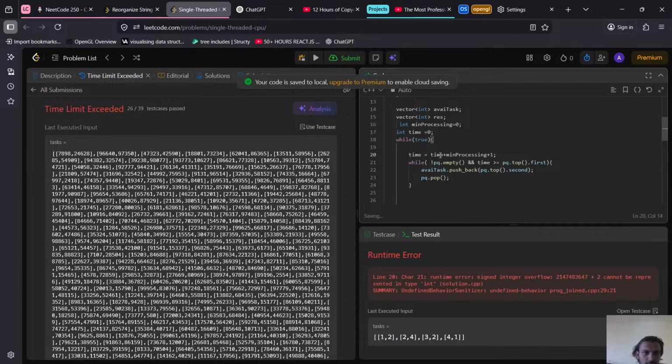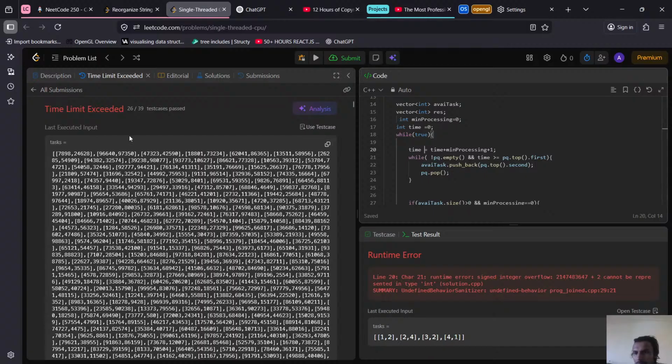So time is equal to 0 plus 1, that is 1 second. So for the first task of this, that is to be minimum time is